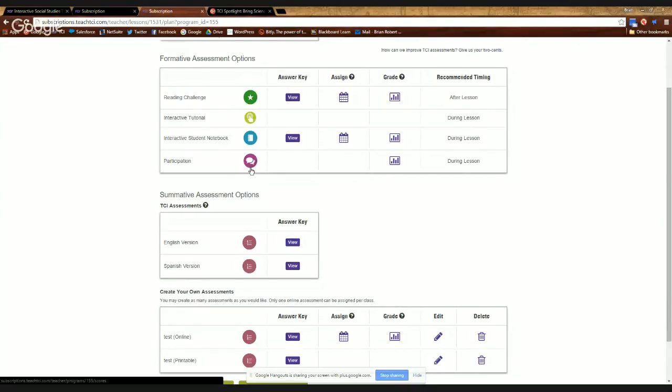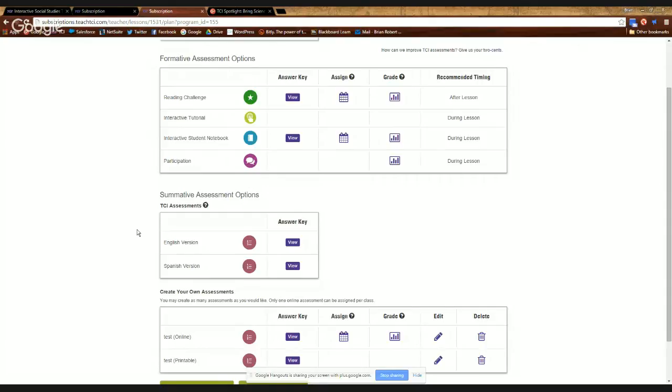This would take you right to the grade book and allow you to give the students a participation grade. Now that would really go along with formative assessment, because you're gauging the students as they go through these lessons. Well, at the end of the lesson, you certainly want to focus in on the summative